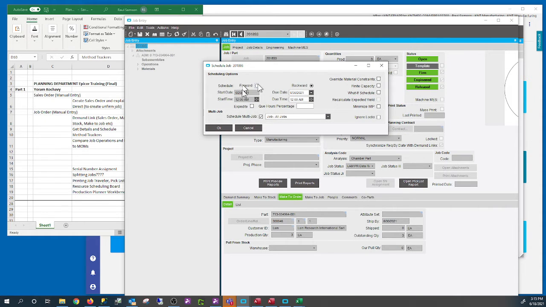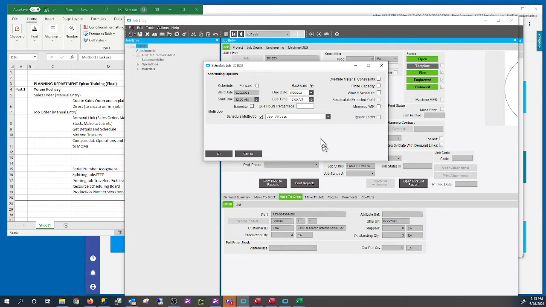Now this is about scheduling. You have the ability to schedule backwards or schedule forward. Backwards means you specify the end date, and it will work its way back to say what date you start. Forward means you specify the start date, and it will see how many days it will take from there. So backward or forward scheduling gives you both choices.